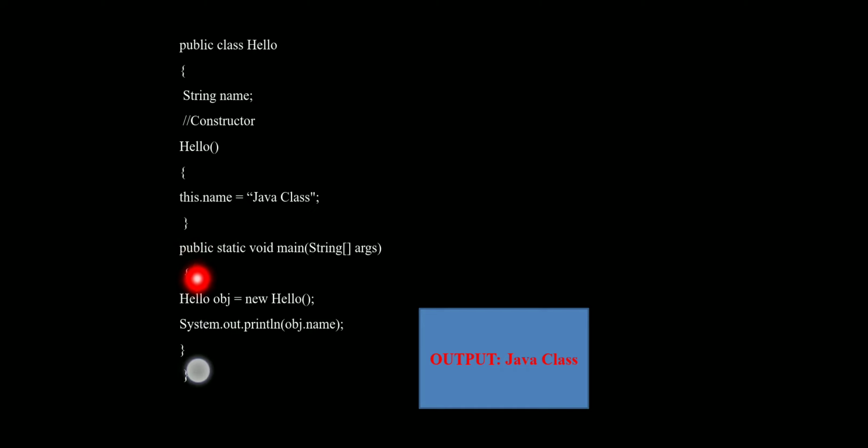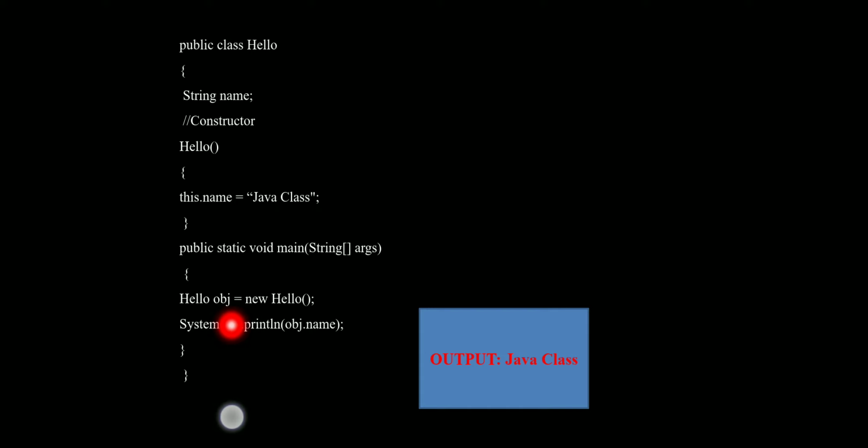Again we are going to write a main method, that is public static void main. In that we are going to pass String args, which are used for passing arguments in the command line. In this method we again create the object with the help of the class and the new keyword.